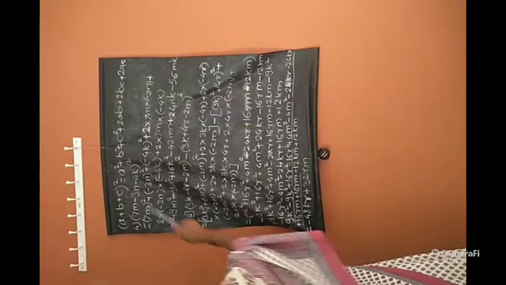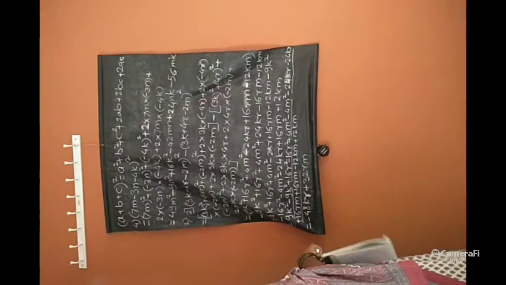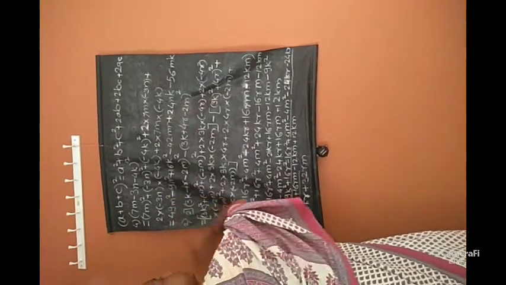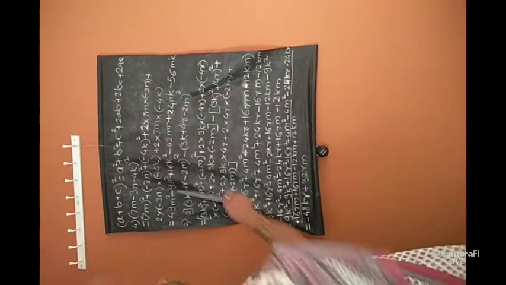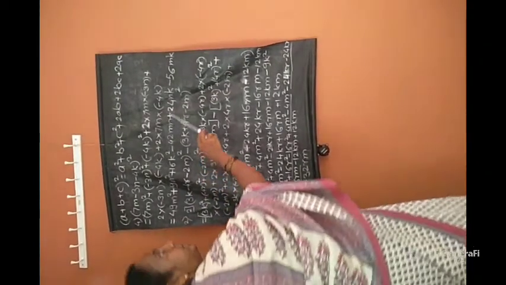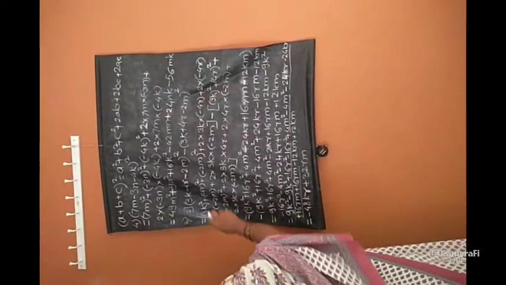Now expand these brackets and find the square values. In this example it is equal to 49m square plus 9n square, since the square of minus 3 will be 9 and n square will be n square, and minus 4k square means plus 16k square, minus 42mn plus 24nk minus 56mk. Here the first example is completed.